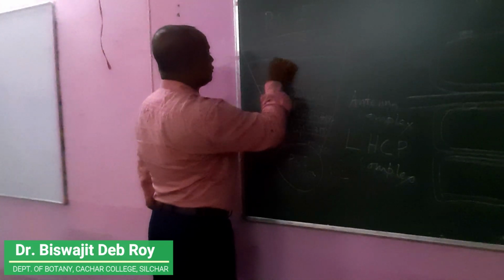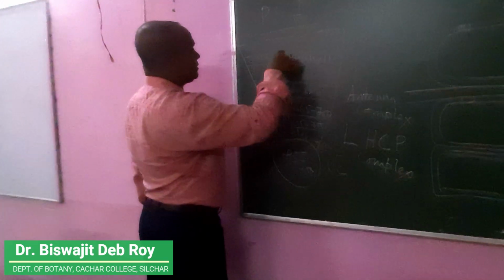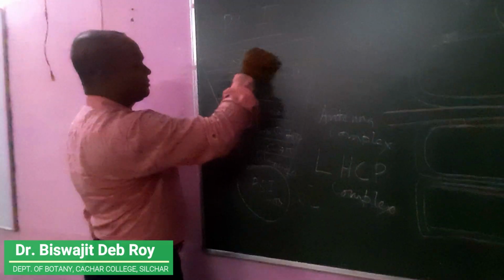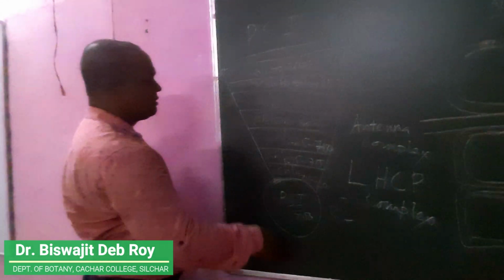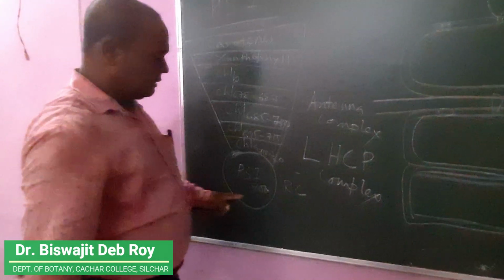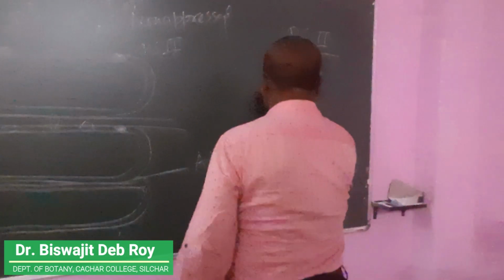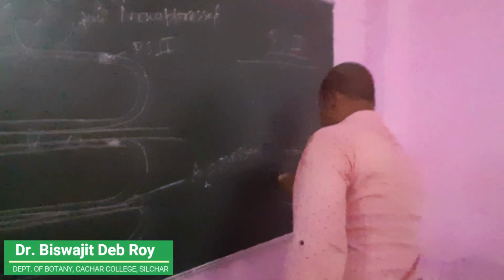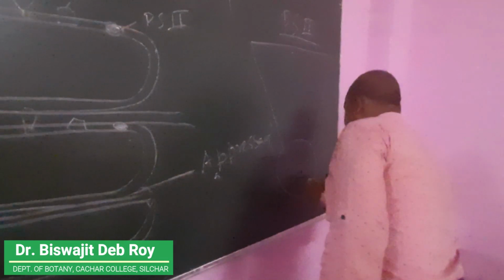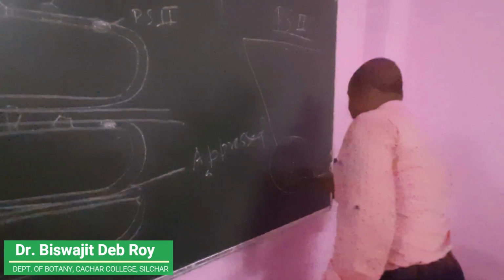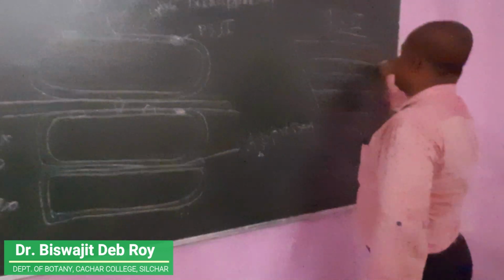Then you get xanthophyll. This way they are placed. Then carotenes, or carotenoids. Many pigments are there. So this way PS1 is there. In PS2, there will be the same structure. A little bit of difference is there. There will be 680 nanometer. They absorb 680 nanometer of light, and there are chlorophyll, xanthophyll, and carotenoids.